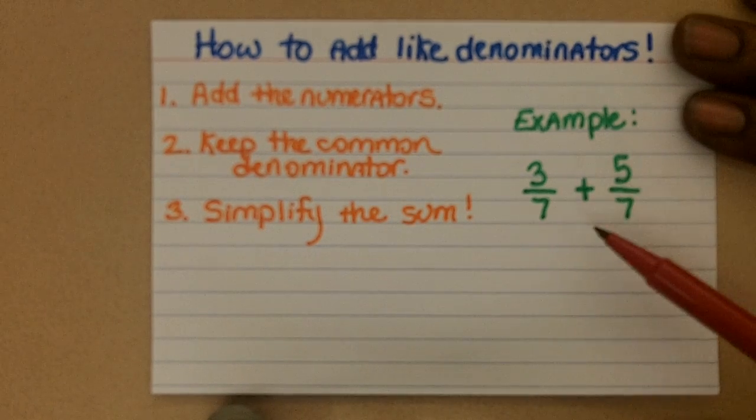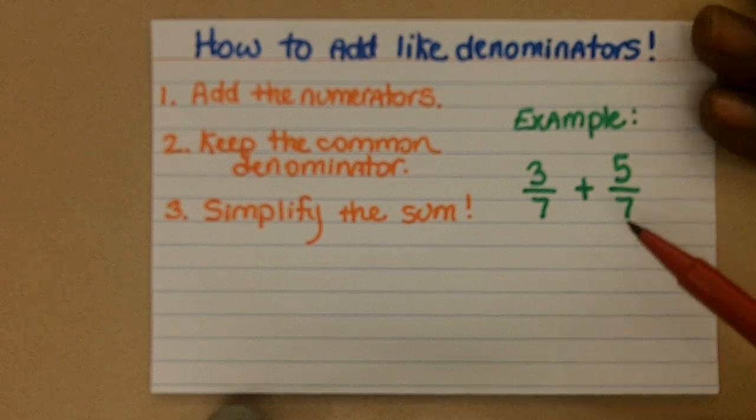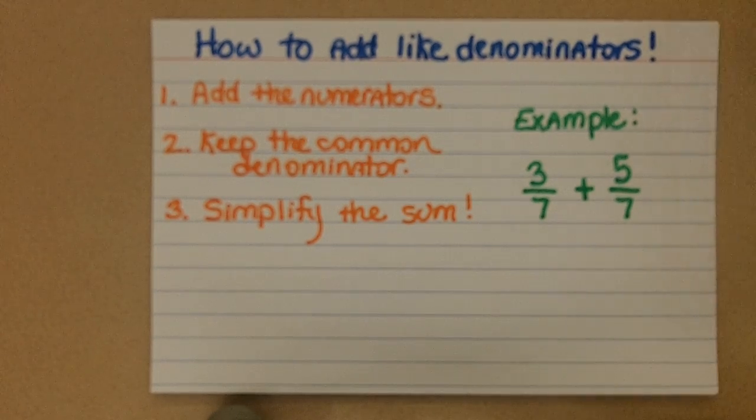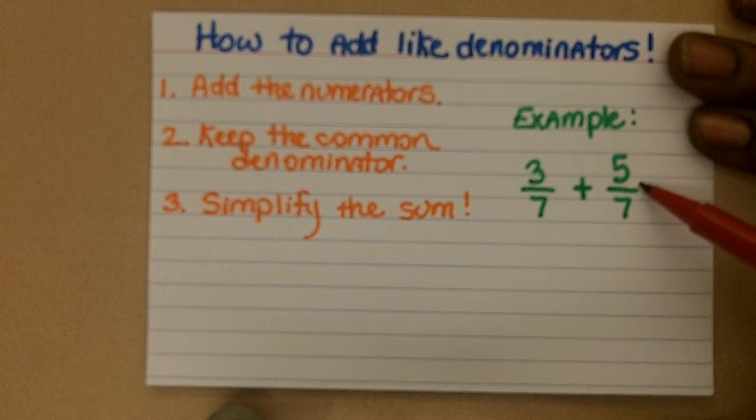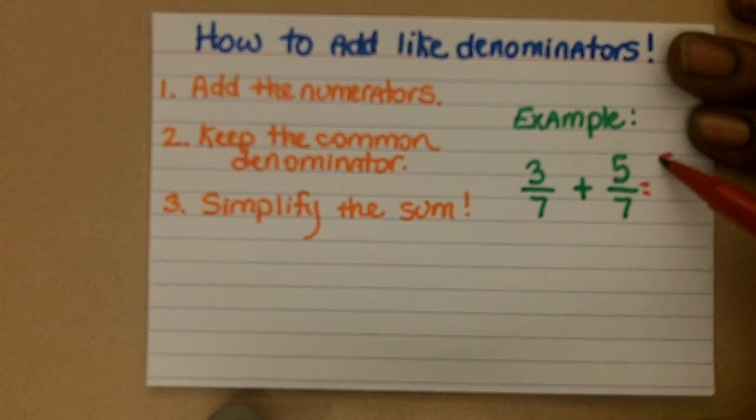For example, 3/7 plus 5/7. Both of these fractions have a denominator of 7. Therefore, they're like denominators. So let's get started. Step 1 says to add the numerators. Well, if you look here, our numerators are 3 and 5, and hopefully we know that 3 plus 5 gives